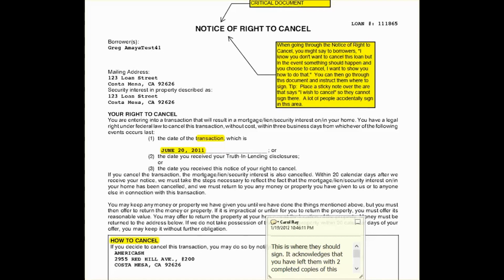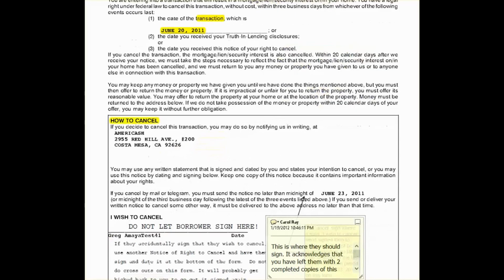You can then go through this document with them and instruct them as to where to sign. You might want to put a sticky note on this place where it says, I wish to cancel. I don't know why, but a lot of people want to sign there accidentally. Okay, so the first thing that's going to be there, and it really should be already pre-printed, but oftentimes it